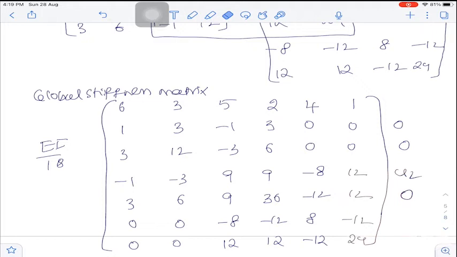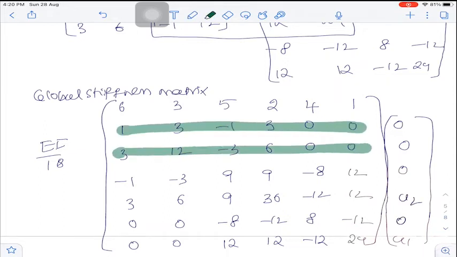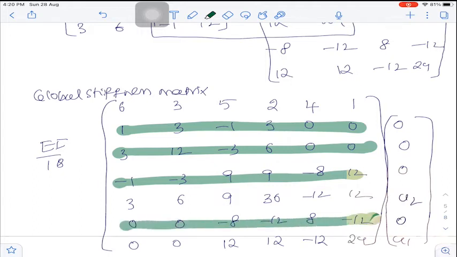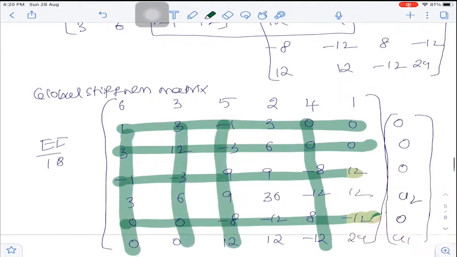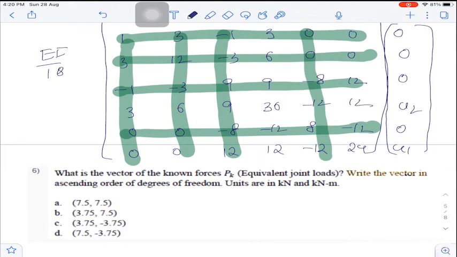Here you can see, so this is 0, 0, U2, 0, U1. So you neglect all the rows and columns corresponding to this 0, 0, 0 and this 0. The columns corresponding to these you need to exclude. You neglect this, this, this. The only remaining elements are, you can see here,